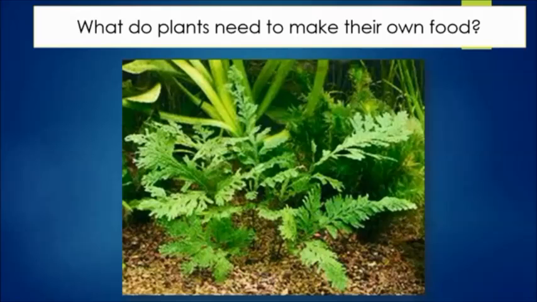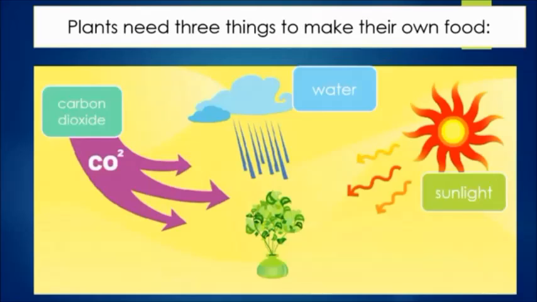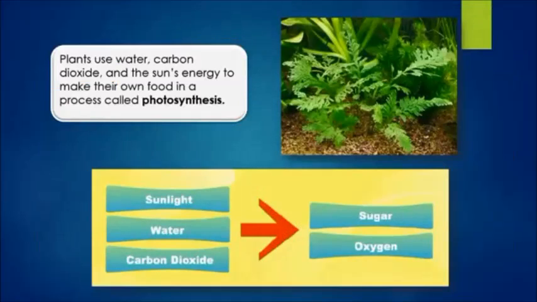Well, that's because they use this process called photosynthesis. They need three things to make their own food for photosynthesis to happen. They actually need carbon dioxide from the air. They need water from their environment. And they also need sunlight for energy to power this process. So plants use three things: water, carbon dioxide, and the sun's energy to make their own food in this process